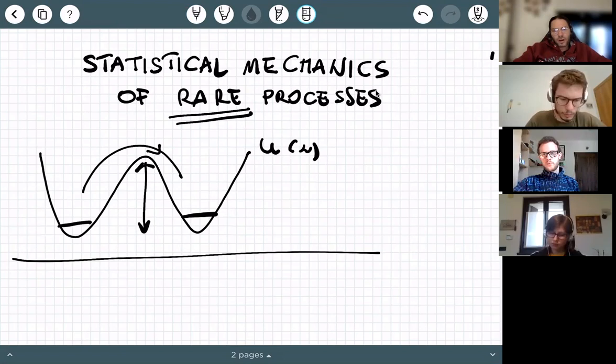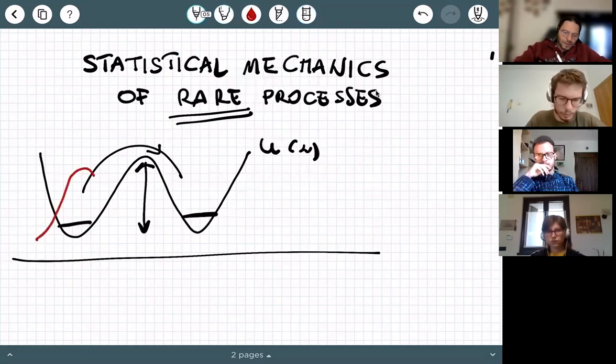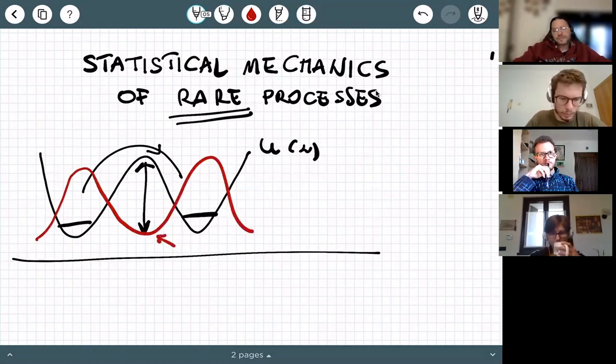Then, of course, from a long ergodic trajectory, you can build equilibrium distributions. Well, you can also do it using the theory of ensembles, of course. But one way or another, we know that the distribution is very large in the basins and exponentially small under the barrier. And the reason is precisely that transition pathways are extremely rare events.